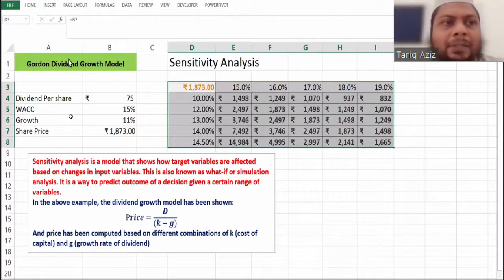So this is one example. We can take an example from any field, but this example of the dividend growth model is a very simple model. That is why I have taken this. I have shared this example sheet with you in the group. So kindly open this on your laptops and try to figure out how the Data Table function and What-If Analysis work. Unless you do it yourself, there will be some confusion in your mind, and once you do it yourself, the concept will become clear.